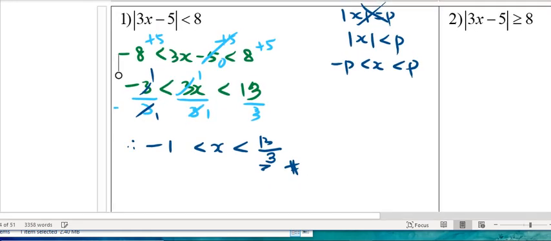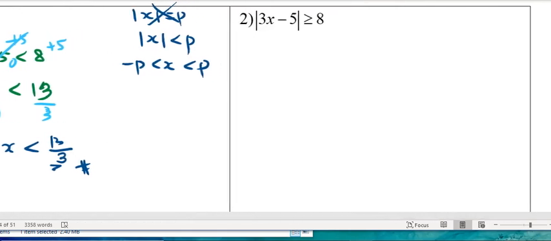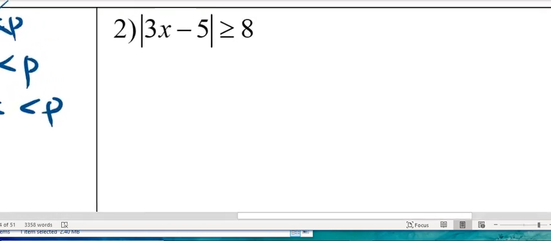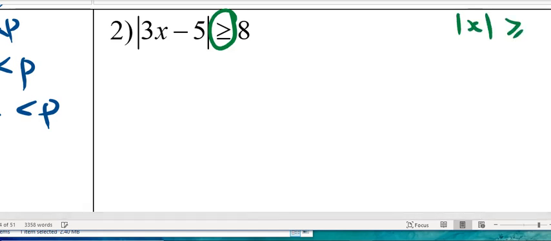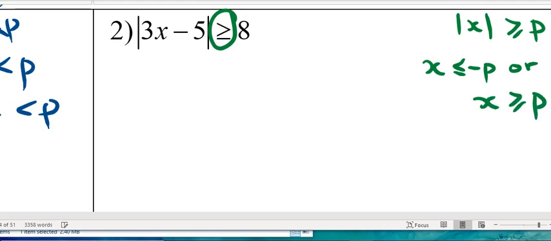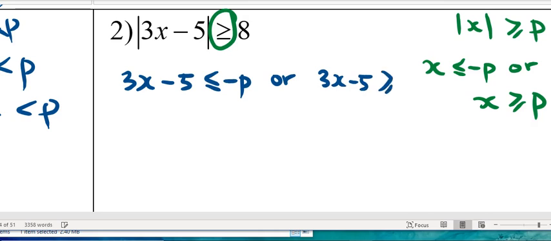Okay, let's proceed with the second one. Obviously this is more than or equal, so it fulfills the third condition. If more than, it means that you need to have x less than or equal to negative p, or x more than or equal to p. Okay, so let's start. You will have 3x minus 5 less than or equal to negative p, or 3x minus 5 more than or equal to